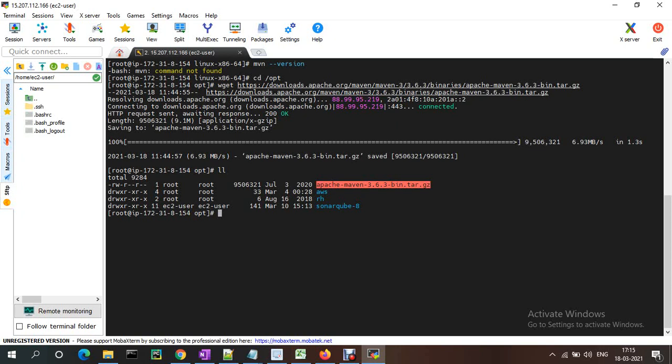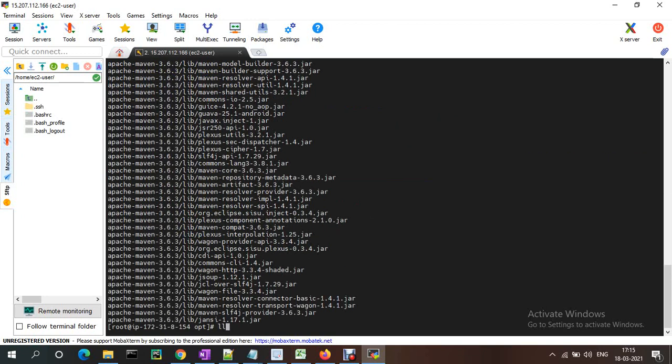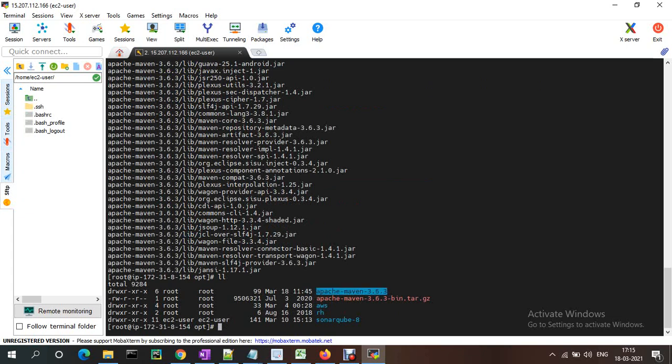This one I untar with the command tar -xvf and the Apache Maven file. It will be untarred, and this is the folder. I just renamed this folder to Maven 3.